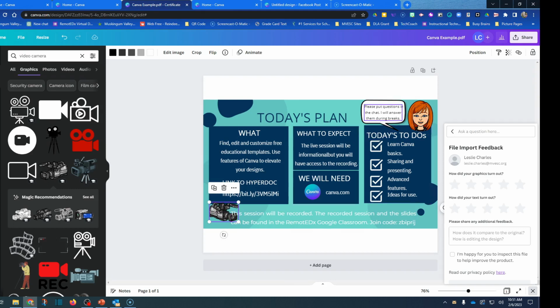Now, let's say I wanted to change the text. So I can go up here and click on this, and I can highlight it and change whatever I want. So you can see that I changed the text. I can even come over here and click on this. I can make this text bigger. I can change the font, whatever. So this is a really cool feature that you can use right in Canva.